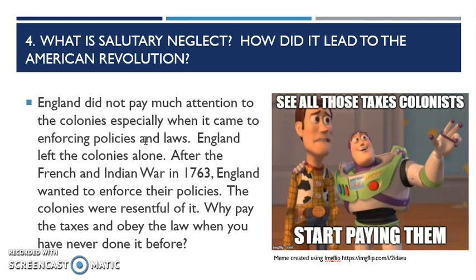And I equate this to a deadbeat parent. They're not really doing very much. They don't really care. And then all of a sudden they're going to start caring. And this is England caring after the French and Indian War. So after the French and Indian War in 1763, all of a sudden England's not going to be salutary neglect anymore. All of a sudden what they want to be is active and engaging,